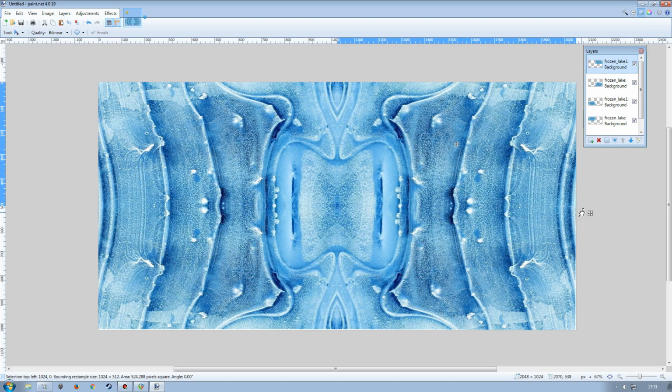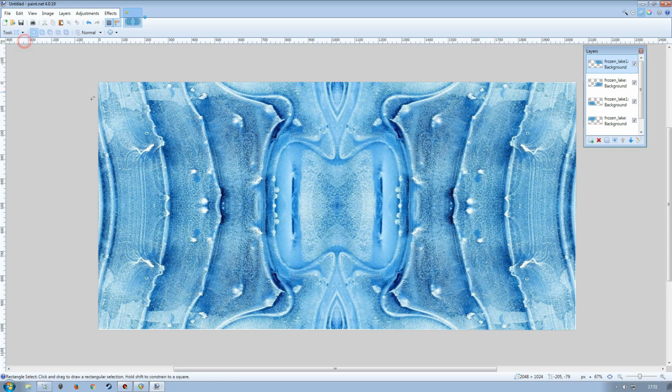Might need to rotate it down that way just a tad, if it will let me. Come on. I don't think that looks too bad there, and we'll deselect. Okay, so I'm going to go with that. That'll be fine. So what I'm going to do is I'm going to come over to my rectangle tool, and